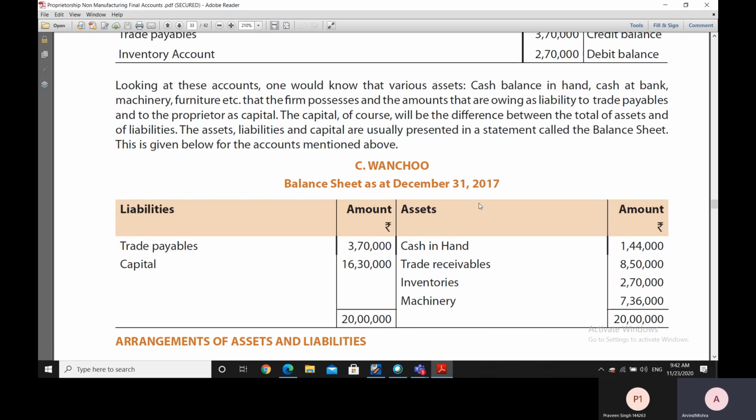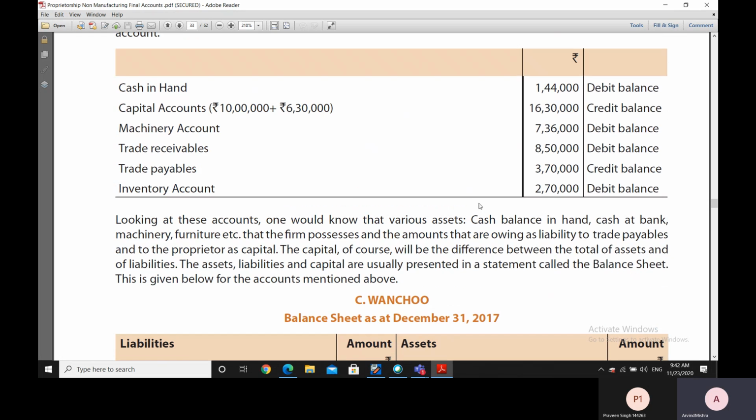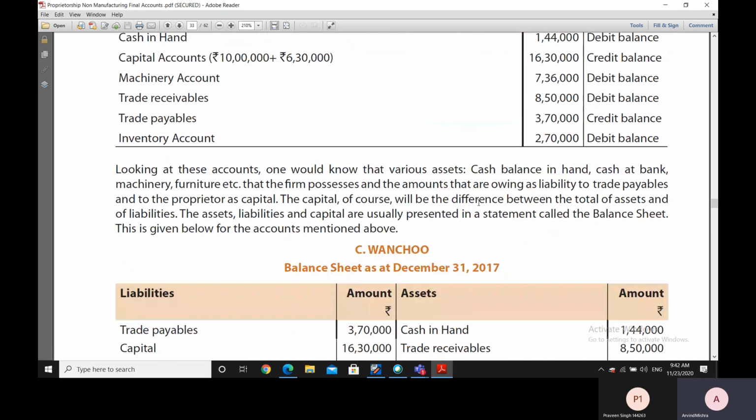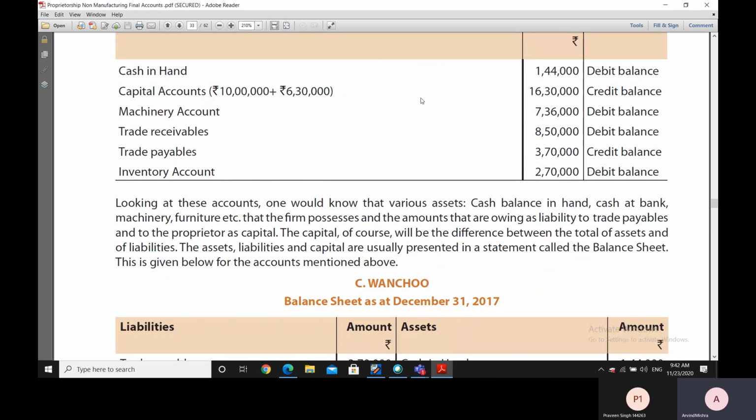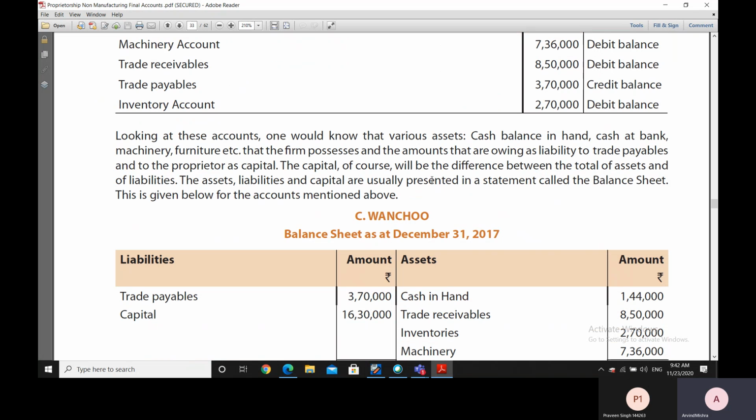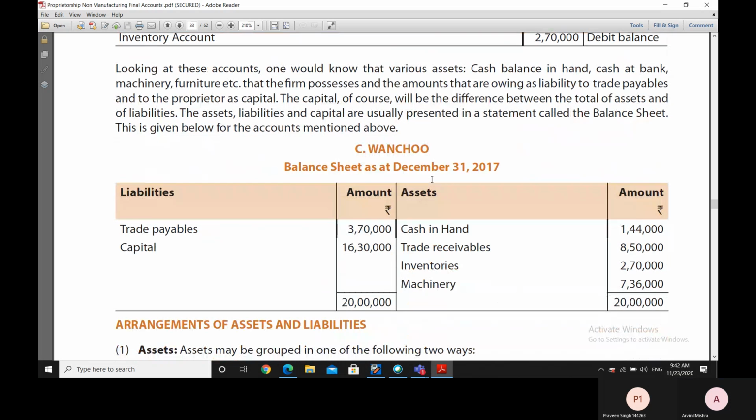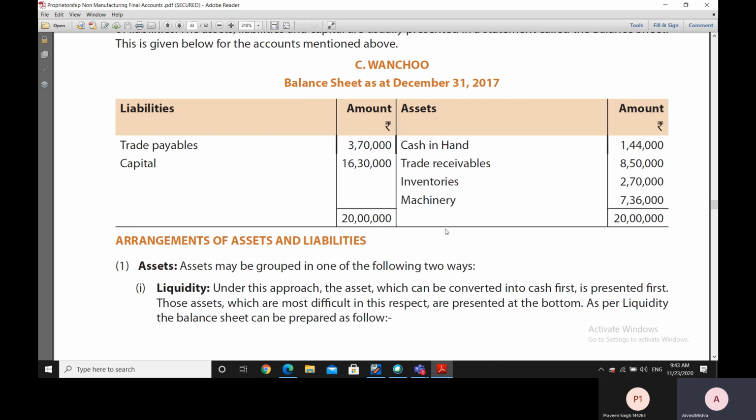So let us prepare the balance sheet on the basis of the trial balance that we have seen in illustration 5 above. All these 5 accounts which are remaining to be entered anywhere, because all the other accounts have been already squared off, these 5 accounts which are not yet squared off will find a direct entry into the balance sheet, as you can see here. And when we enter them in the balance sheet, and include the balance in the capital account also, we find that both sides of the balance sheet are tallying exactly.